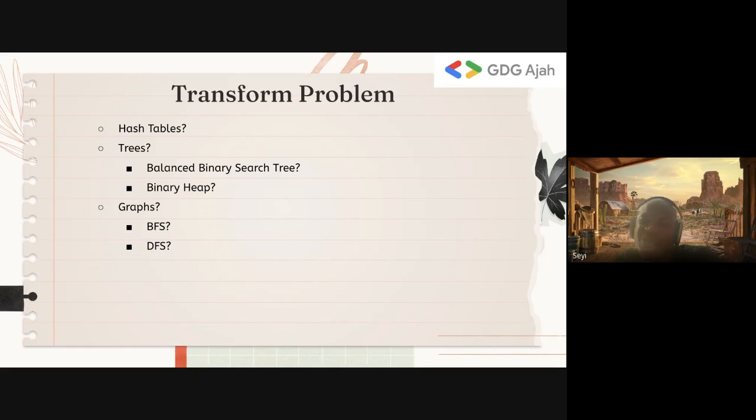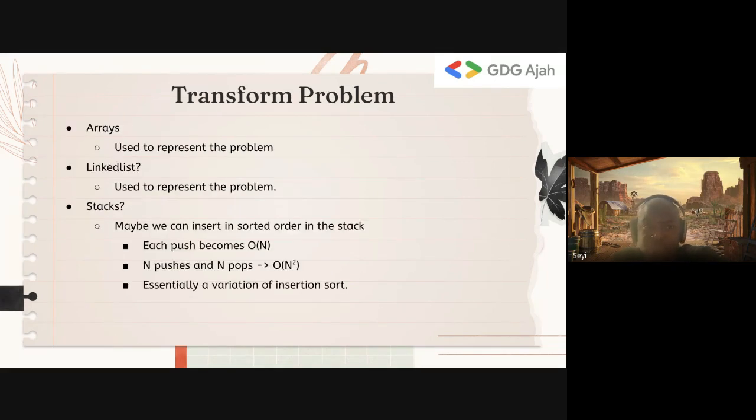You see the thing? When you're reading all these algorithms, they don't really tell you this is the rationale behind it. But this is kind of what they're trying to do. They're just trying to look for ways to solve the problem. So let's start with an array. Arrays and lists are already used to represent the problem, so there's nothing we can do.